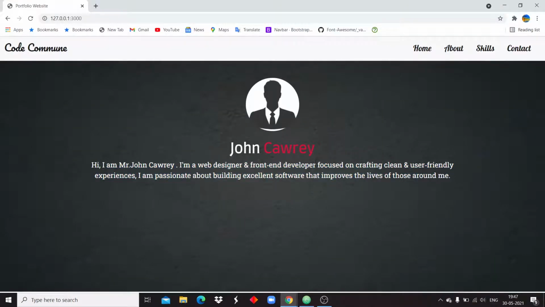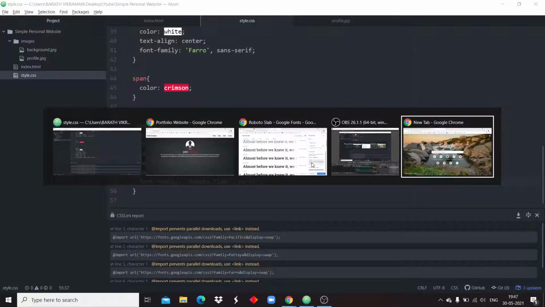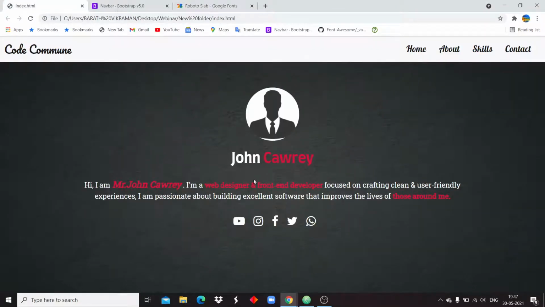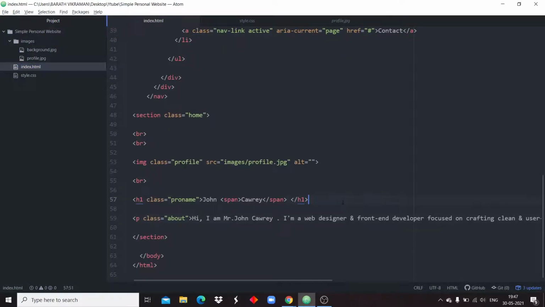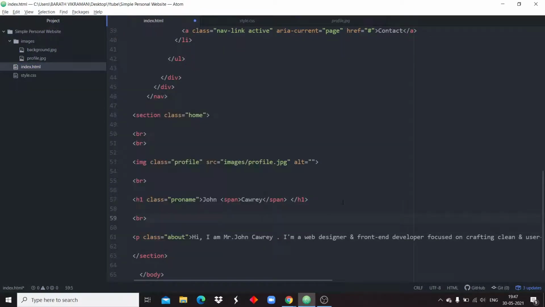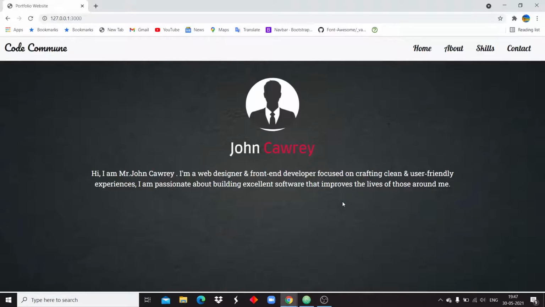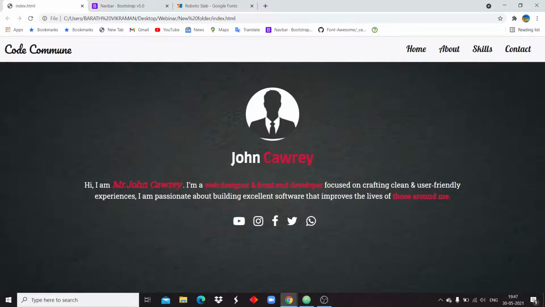After this, you can see there is some more gap in between. As you already know, if you want to increase the space, just add the break statement in between. So I'm adding a break statement, and the space has been increased. Next, we also need to change the color of these words.